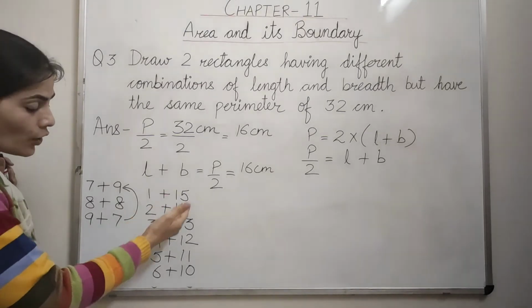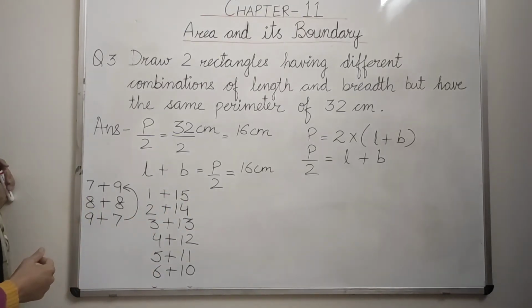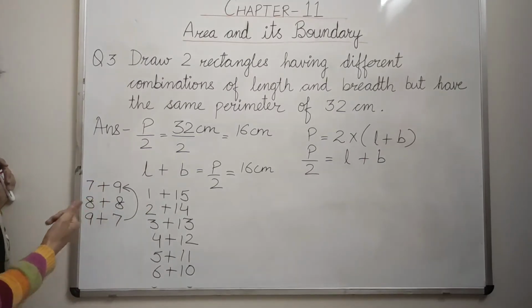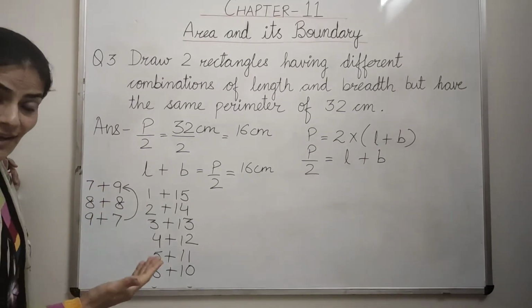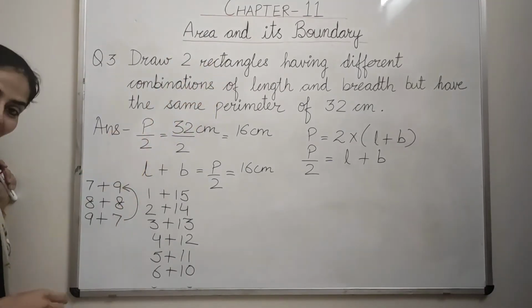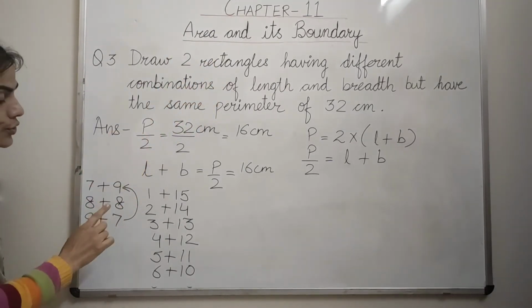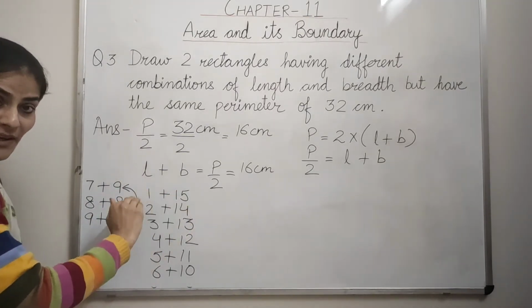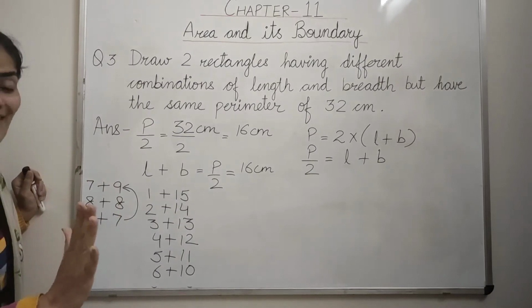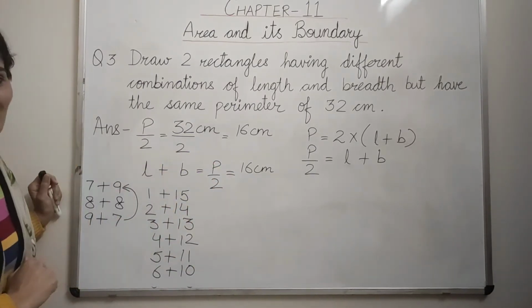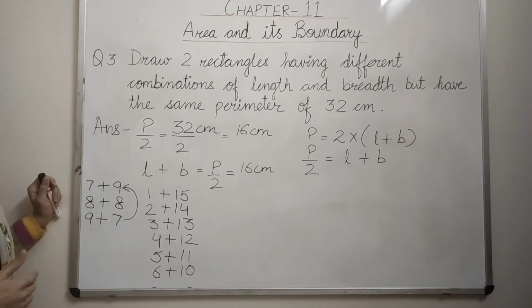So this way, how many combinations of length and breadth do we get? These are many. Like 6 here, 2 more here. So that makes it 8. But this is going to be a square. And what do we need? We need rectangles. Clear? So 7 and 7 more if we swap the places. So that makes it 14. And we are required to draw only 2 rectangles. Clear? So let's draw those 2